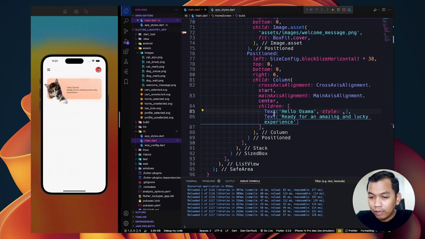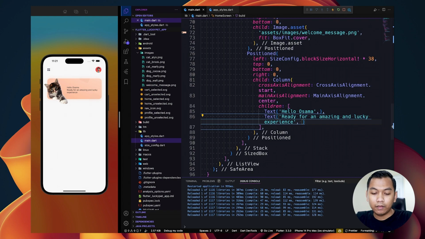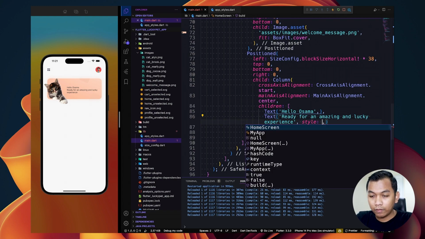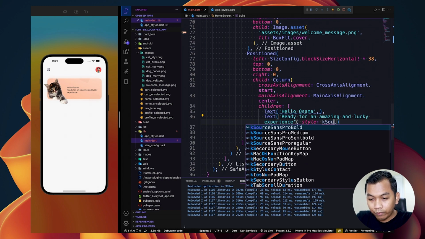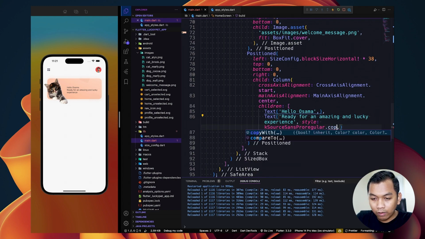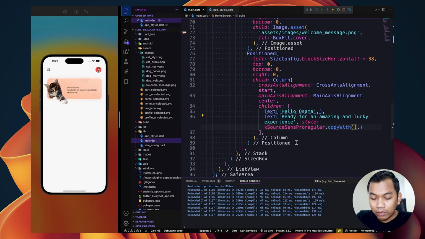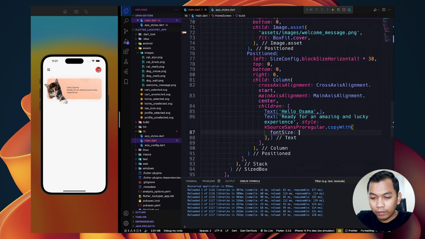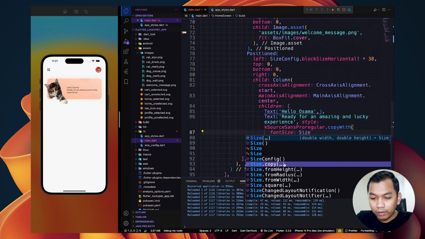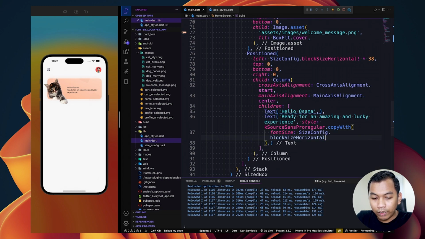It's regular, and we can copy this with copy width, and we need to change the size to be size config block horizontal times 3.5 maybe.